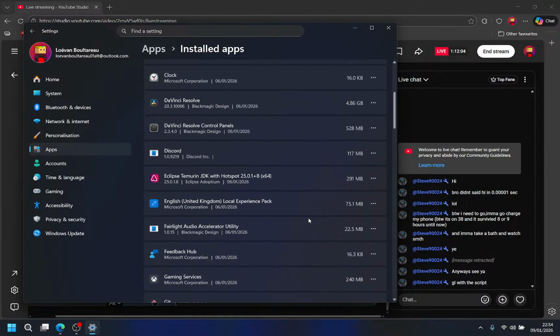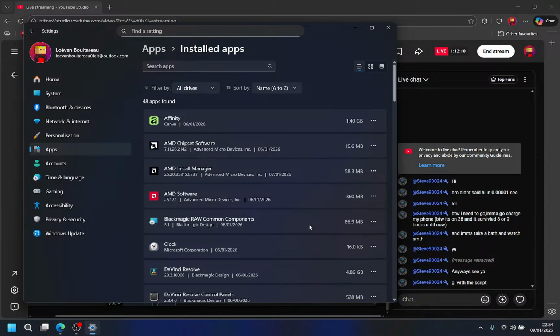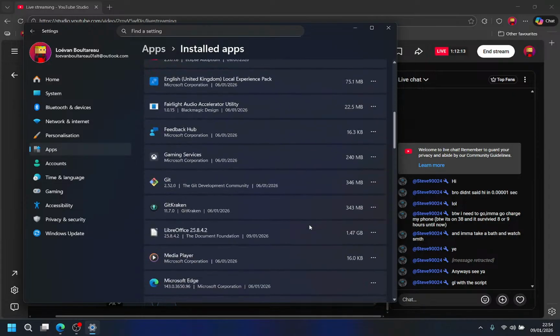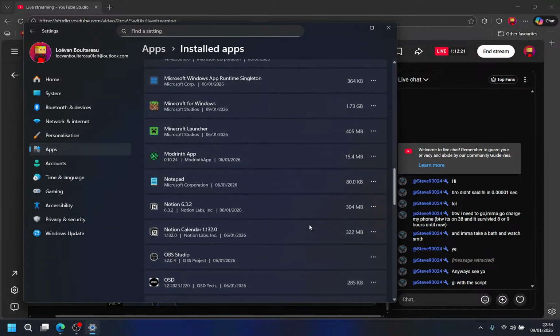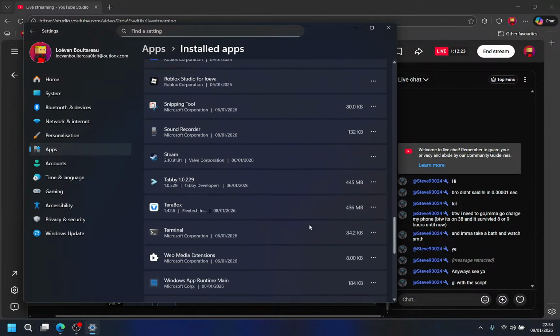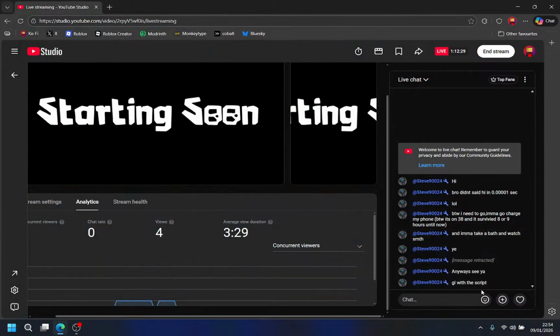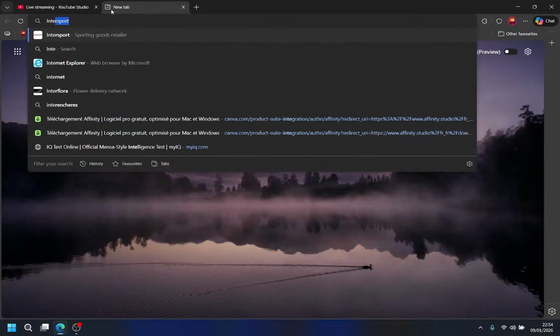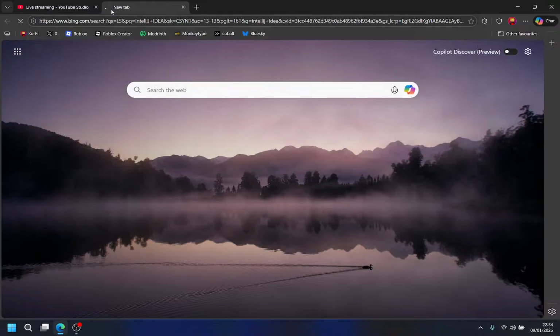Yeah, because it's kind of a partnership. It's not really a partnership in itself, but IntelliJ kind of made the program for Minecraft specifically. So yeah, I mean, actually install it. Wait, IntelliJ IDEA.